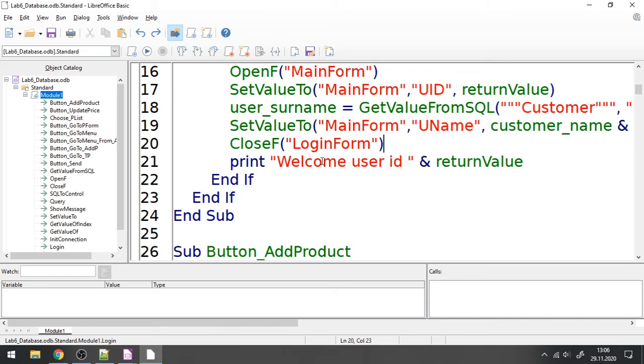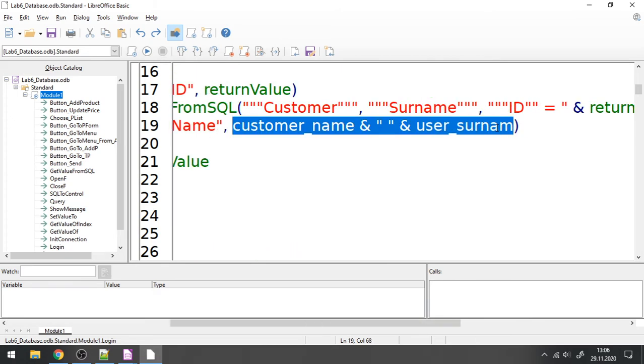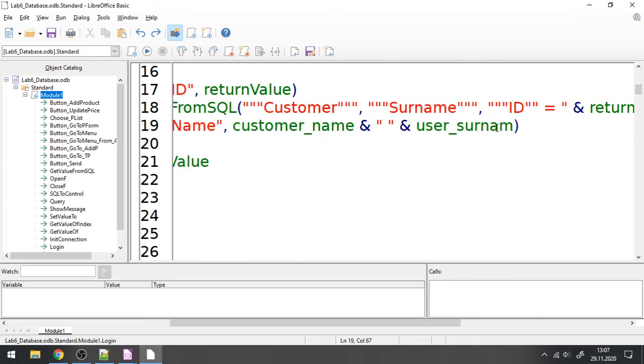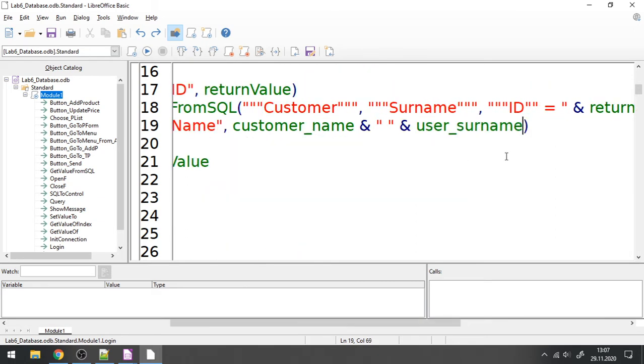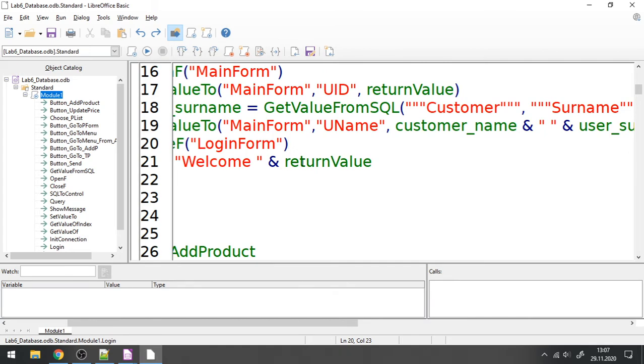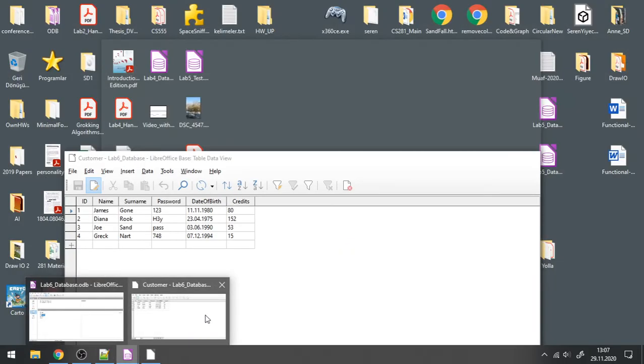And do I need to write the message? Let's also at the end welcome the user, saying welcome user, or maybe it's better to refer to the user as welcome, and then customer name and the customer surname, for example. So it's just, I need one more E there, surname. So let me save it, returning back to my